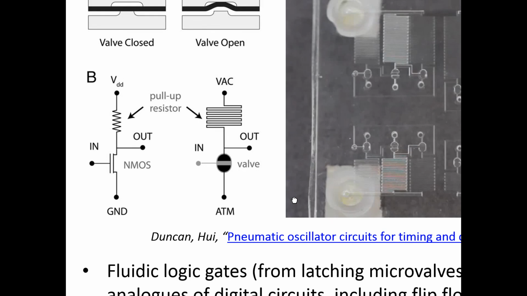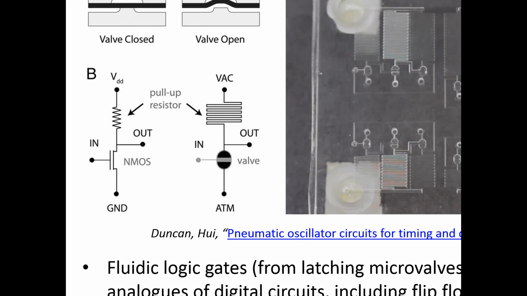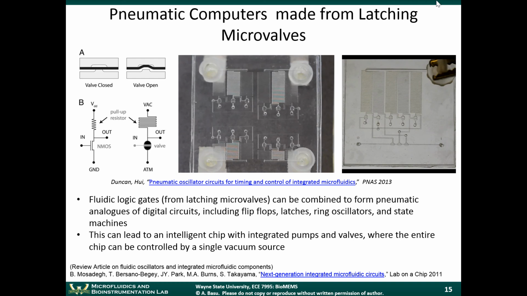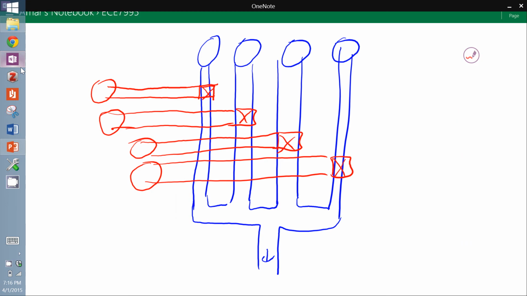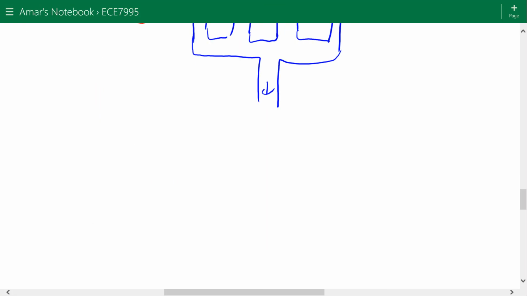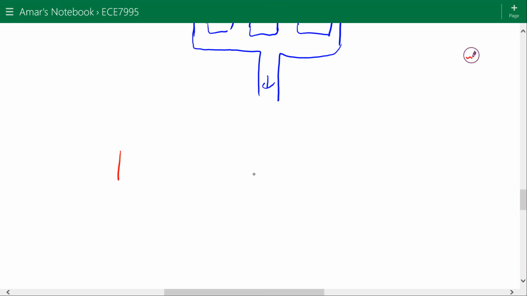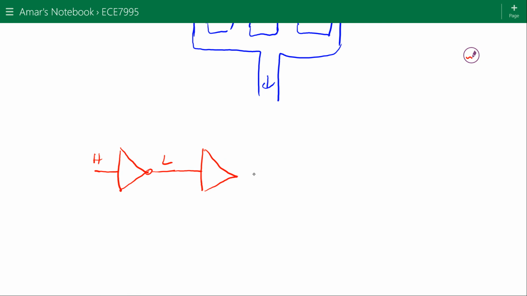All right, so there is this concept that if you want to make an oscillator in electronics, the symbol for an inverter in electronics is this thing right here. If this is a high voltage, the output will give you a low voltage. And if it's a low input, then it'll give you a high output. So if you cascade an odd number of these inverters together,